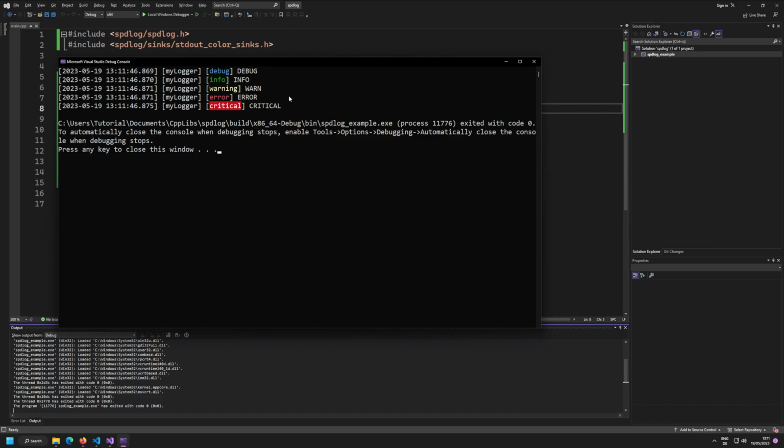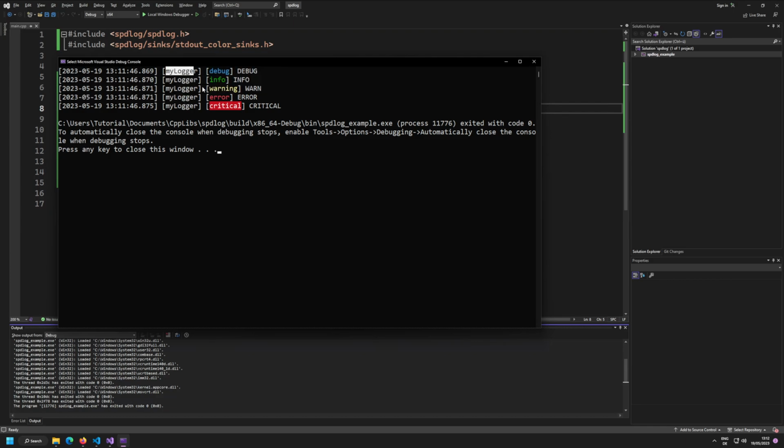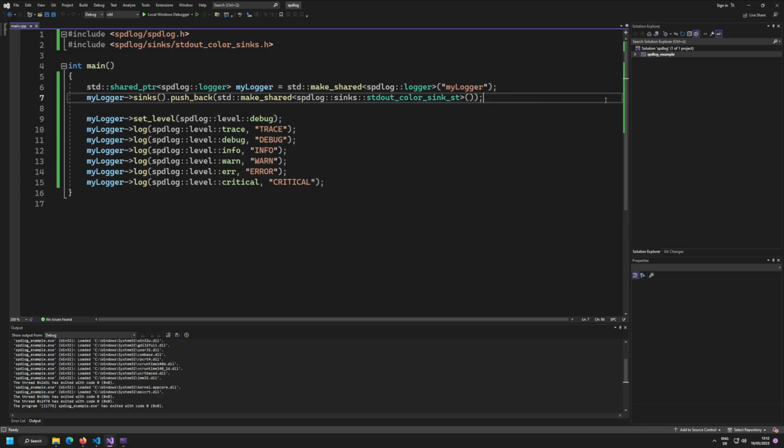The output actually looks a bit different because now the logger name is also incorporated. So now the logger name is in here, my logger, and then we have debug, info. spdlog on the default logger configures the logger a bit differently, which does not include the logger name. However, what we want is actually the logger name. So if we have multiple loggers from multiple subsystems, we know what's going on because they can all output